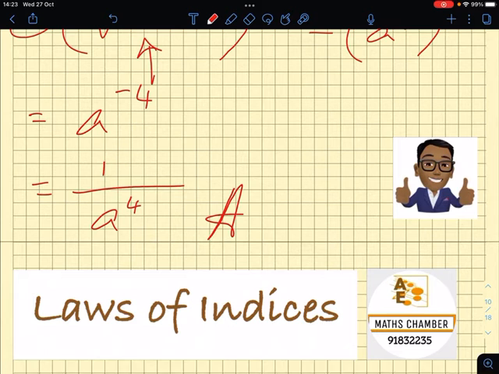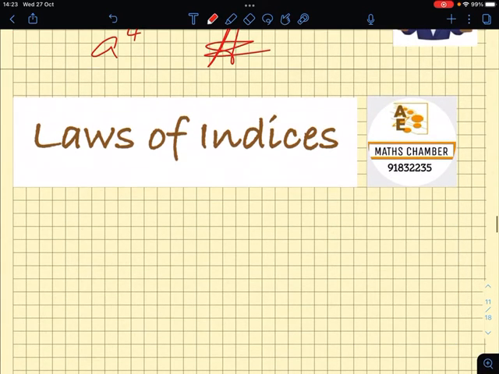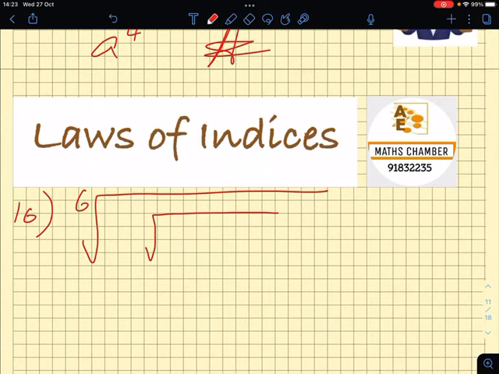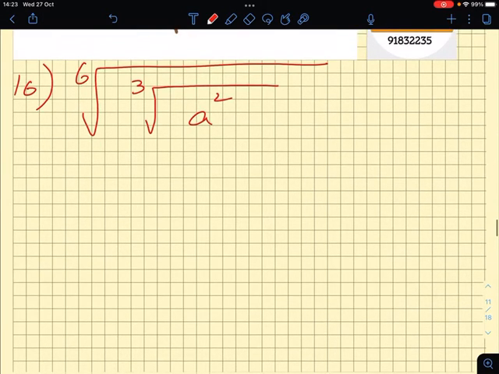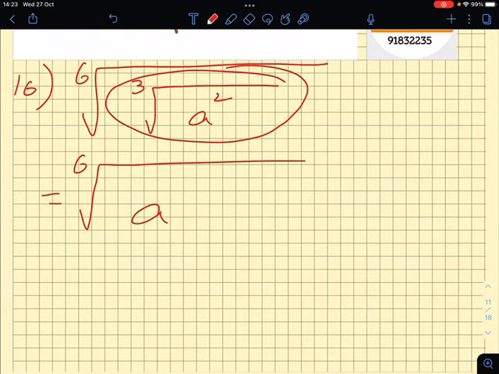Simple. Alright, let's go to number 16. Okay, number 16 is what I call a layered cake. Right, in mathematics we have layers also, right? So a squared, then it's a cube root, then of course we have the 6th root. Okay, so what we have is equal to the 6th root, leave it as it is, we change this one first, right? So a to the power 2 over 3, right? That will give you a to the power 2/3